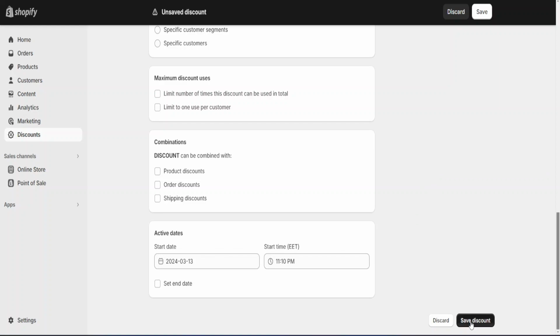After you're done, you just click on Save Discount and it will save the changes for you. And that's how you add buy two get one